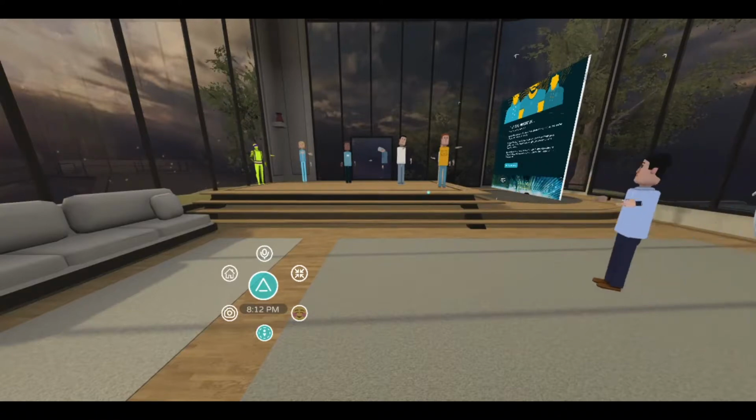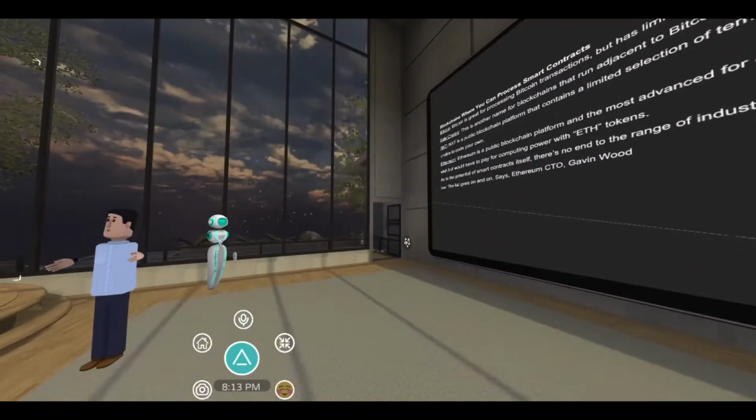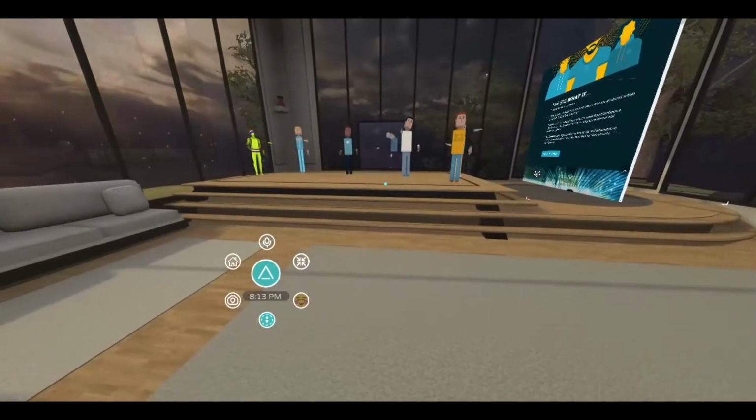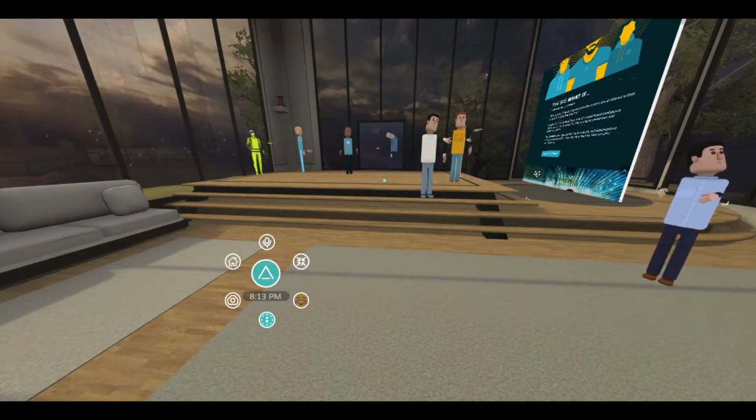All right, so next we're going to talk about some of the blockchains out there that actually host smart contracts. So like we said earlier, Bitcoin has a limited ability to host smart contracts. I'm not exactly sure as to the extent because I've never seen one. Yeah, but apparently the ability is there, and there's people out there using it. NXT, actually I've never heard of it, but apparently it's a public blockchain, and they have another limited selection of what kind of smart contracts you can write on their platform.